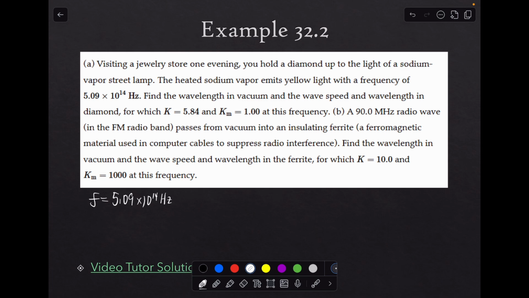Okay, so what we know is that the frequency of the light is 5.09 times 10 to the 14 hertz. And what is the wavelength in vacuum? Well, we know that the speed of light in vacuum is c, and that is equal to the wavelength times the frequency. So we can solve for the wavelength of that light in vacuum as c over f. And that becomes 3 times 10 to the 8 meters per second divided by 5.09 times 10 to the 14 hertz. Right? And that gives you